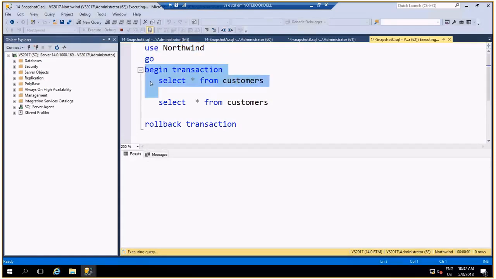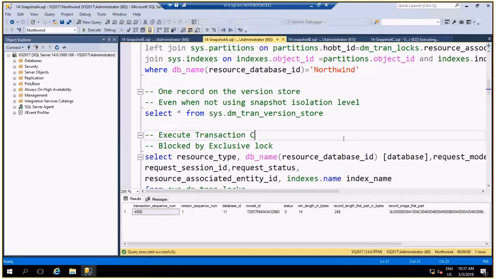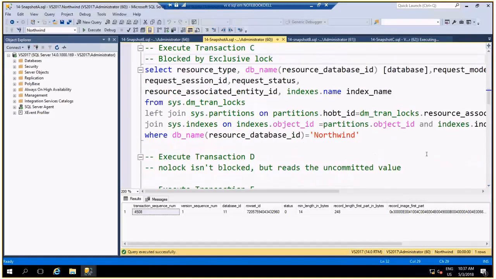And it's blocked. Of course, there is a lock. The other transaction is blocked. This is the regular behavior on read committed isolation level. Let's get back. So we have a blocking.